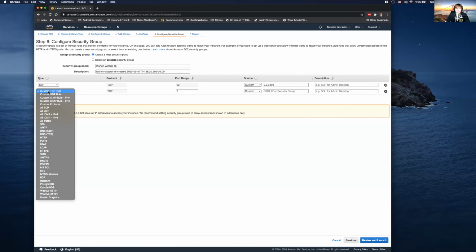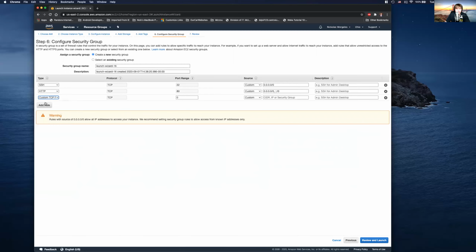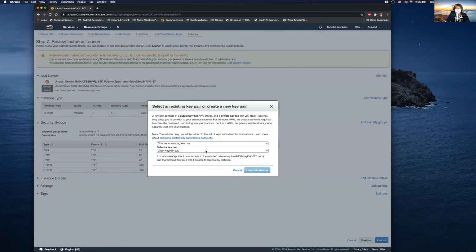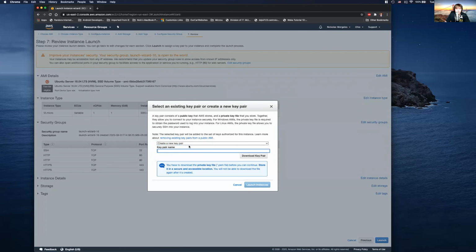I'm going to open up the firewall. Okay, this is going to be my security group. I'm going to enable HTTP and also HTTPS, memorize the ports, check the details, go ahead and select launch, create a new key pair,